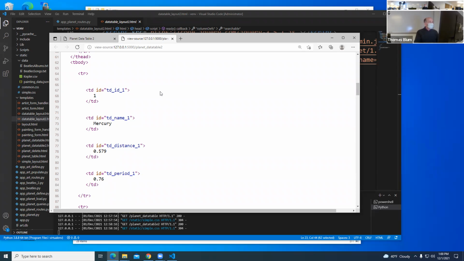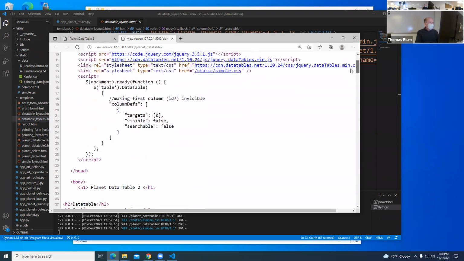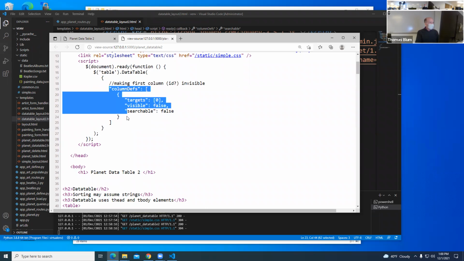Okay. So in a data table, you can do a little bit more in that you can hide things or deal individually with different columns. What I'm doing here is hiding the first column with IDs.